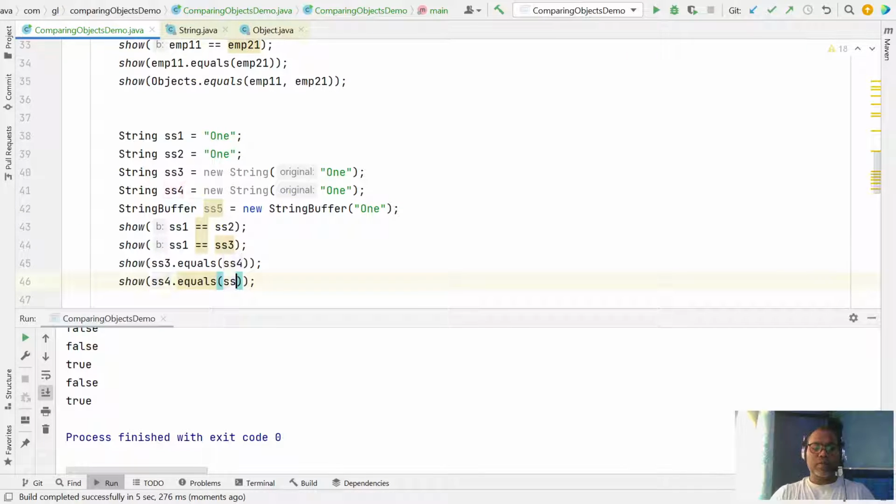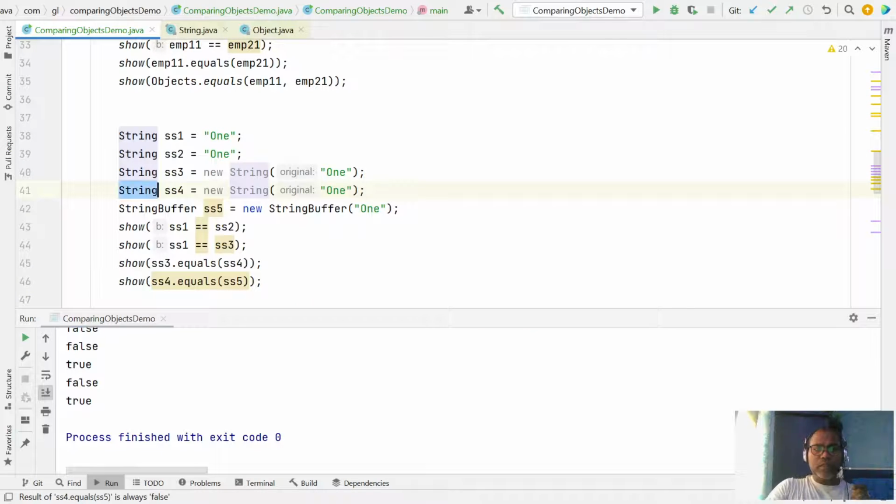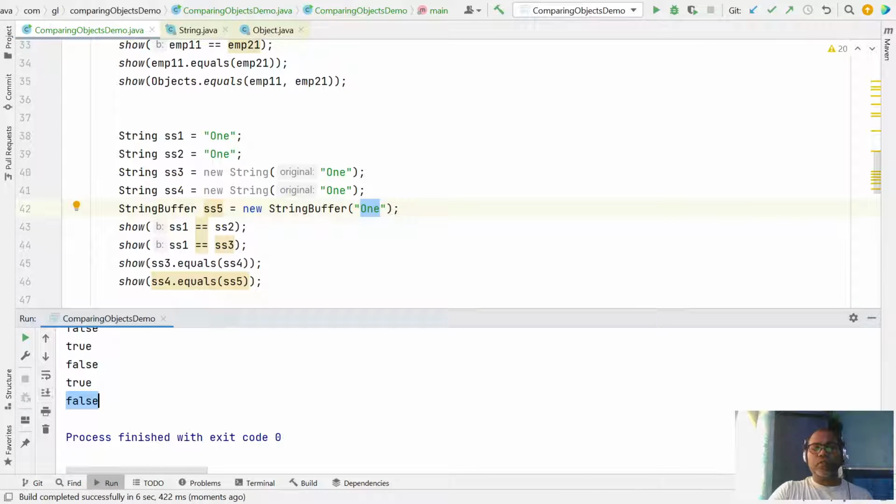This is the String class and this is the StringBuffer class. In this case both contents are the same but the object is different, so this is also false. These are the permutation combinations. You cannot compare a String object to a StringBuffer.